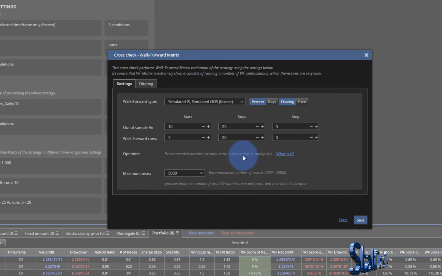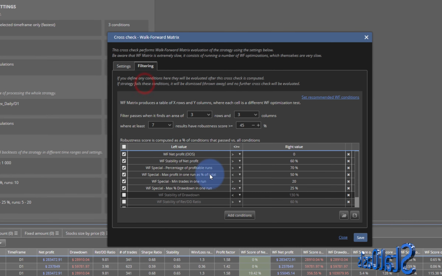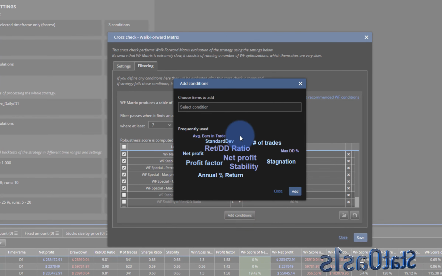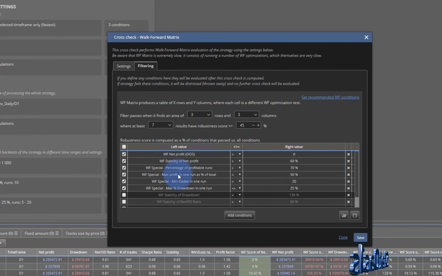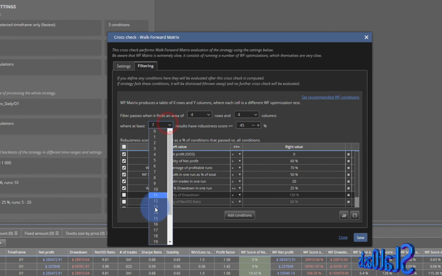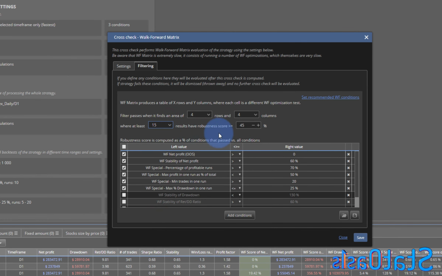And then Strategy Quant X makes it a lot simpler. You can add, again, we will do this later on, but you can add any conditions you want here. And then you can also specify a region that's going to pass. So imagine if you have 30, I can pick a 4 by 4 matrix that has, let's say, 15 cells passing the 80% mark. So you can see how this is very customizable, and it all can be automated, and that's the beauty of